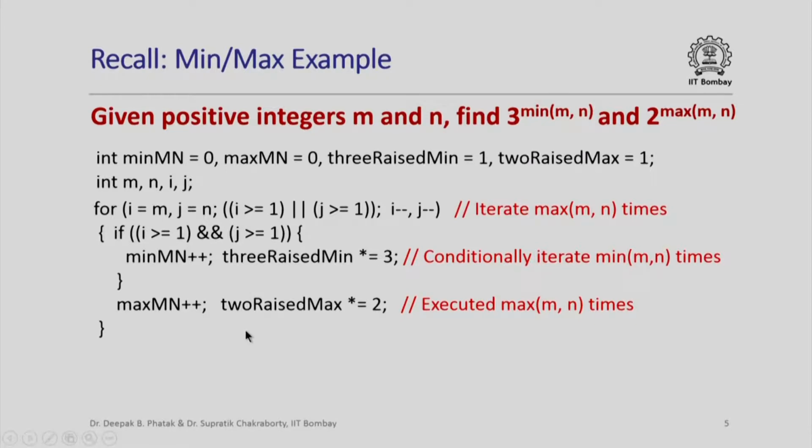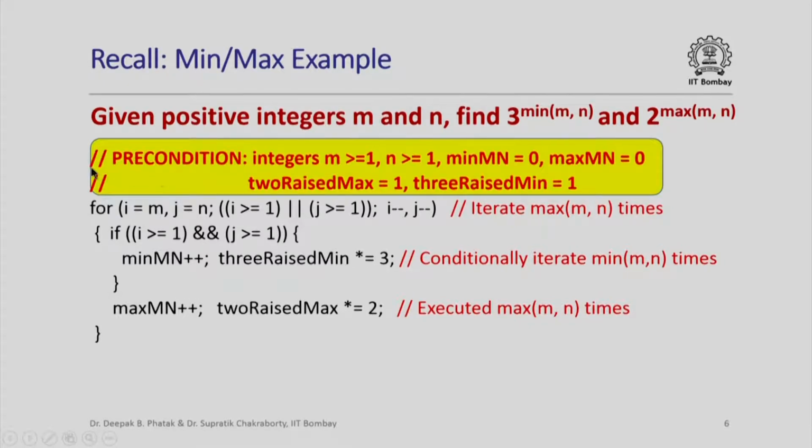We have already discussed these in detail in an earlier lecture. What we want to focus on in this lecture is that there is a for loop here and we want to do some reasoning about it. Now these integer variable declarations and their initializations can be conveniently captured by a precondition where we are saying that